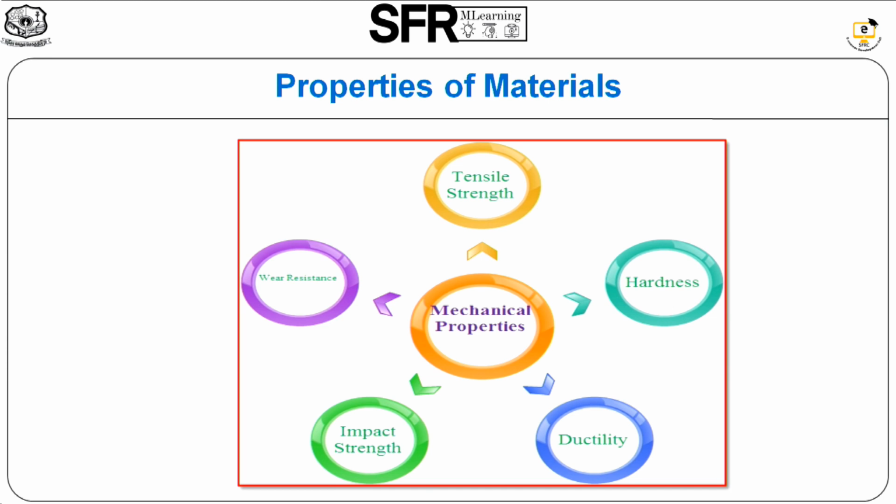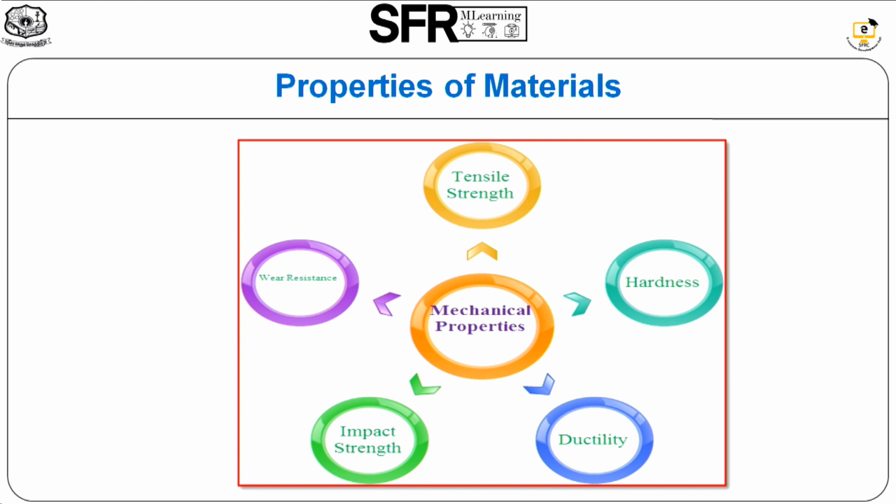And next one is the hardness. It is the degree of resistance to indentation or scratching, abrasion and wear. Alloying techniques and heat treatment help to achieve the same. And next one is the ductility. This is the property of a metal by virtue of which it can be drawn into wires or elongated before rupture takes place. It depends upon the grain size of the metal crystals.